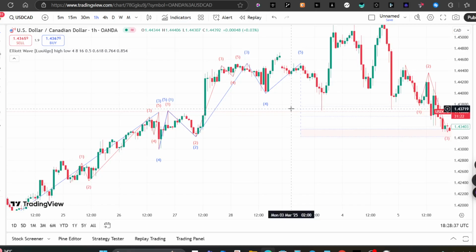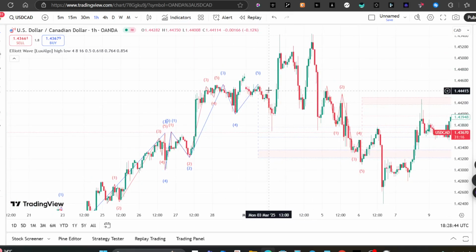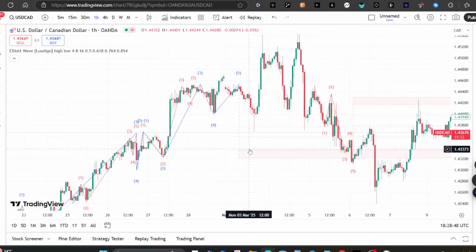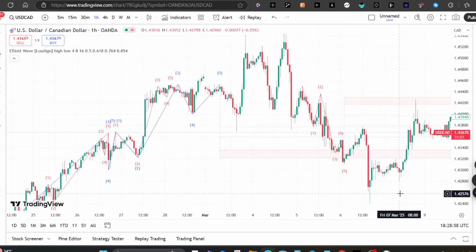This incomplete wave structure signals that the market might be about to reverse, which is possibly what we had happen around here. So this wave 5, you can see where it stopped, and shortly afterward we actually had a reversal. So it shows that the market might be about to reverse, or that the cycle is ending earlier than expected,